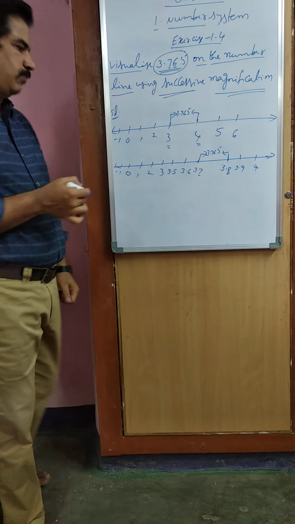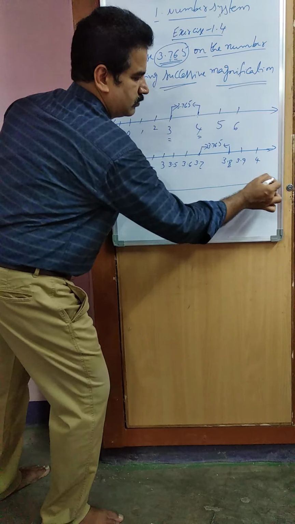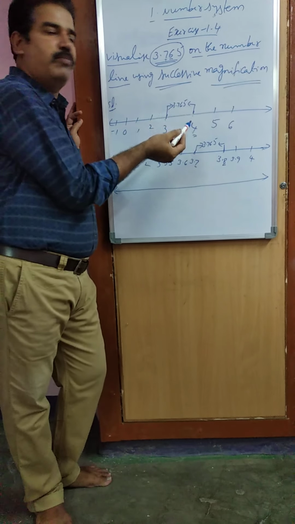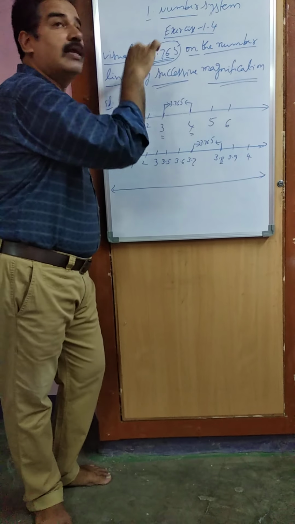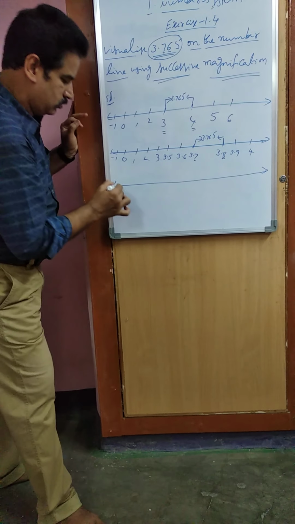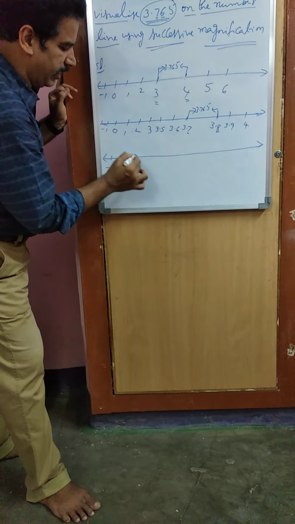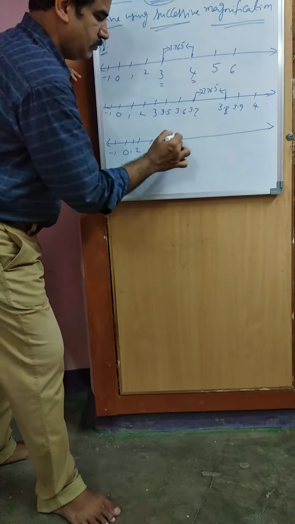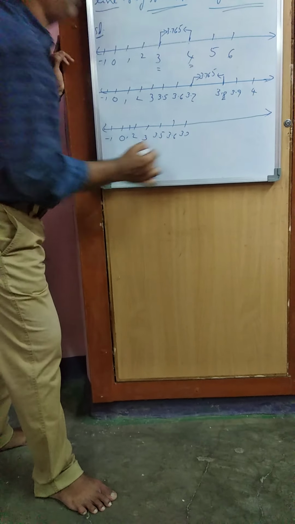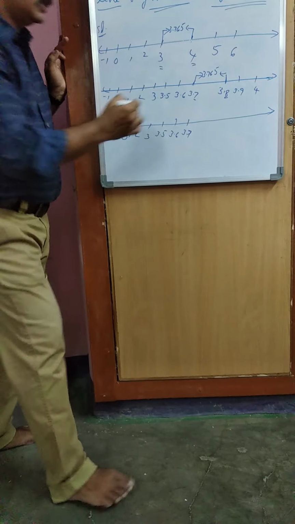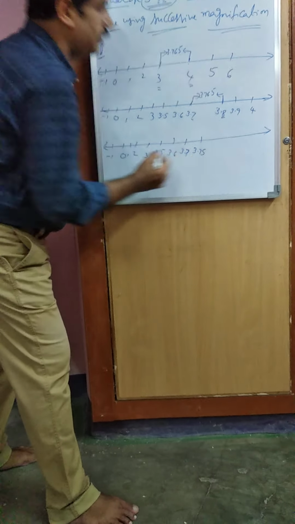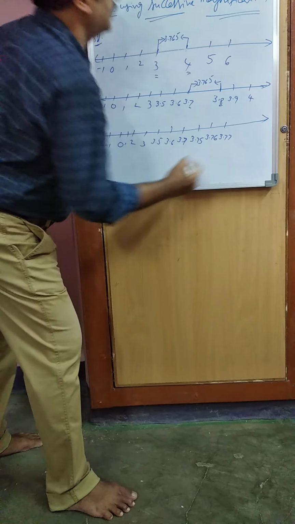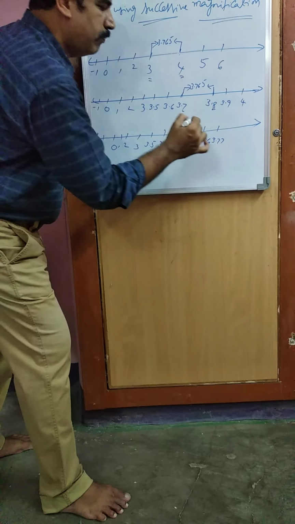So we got the first decimal place. And again you draw one more number line. After the second decimal place, 765 means it lies between 3.76 and 3.77. So again draw a number line. We are magnifying, we are searching for the number. 3, 3.5, 3.6, 3.7, 3.75, 3.76, 3.77. So the number lies between